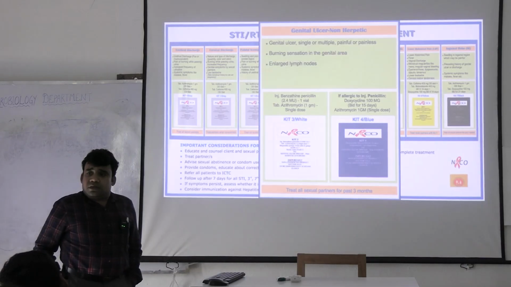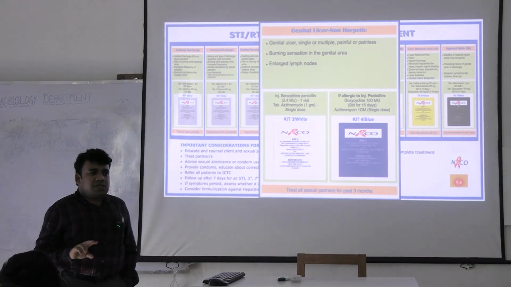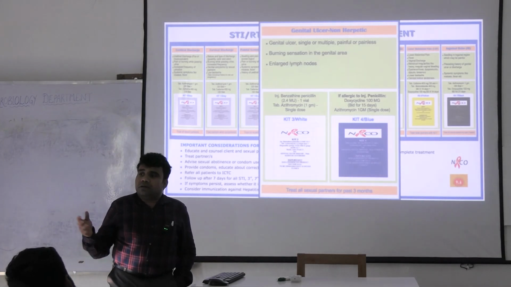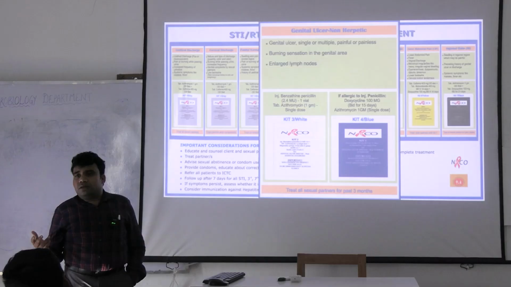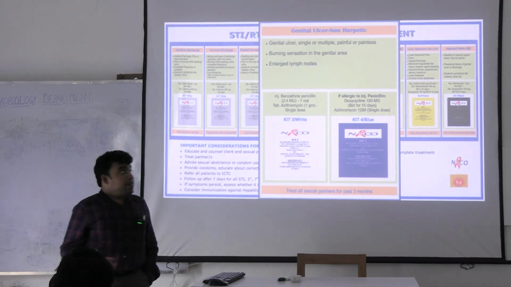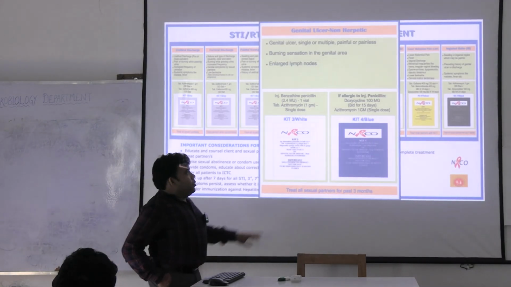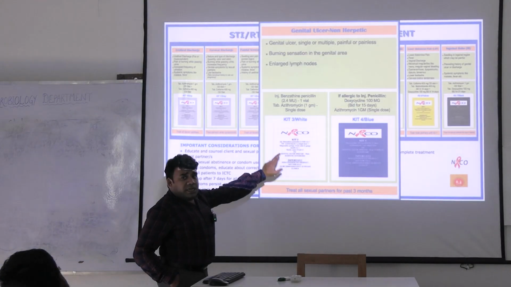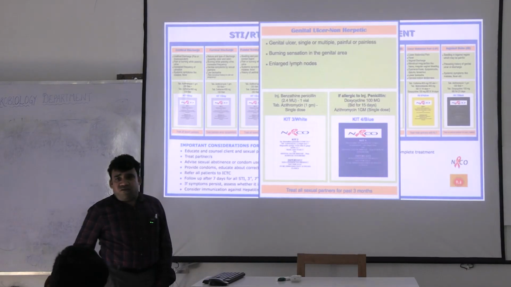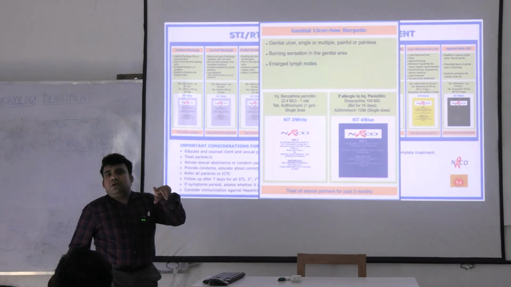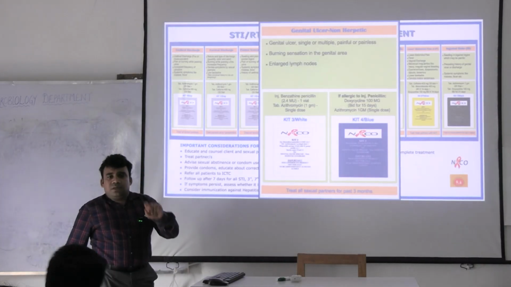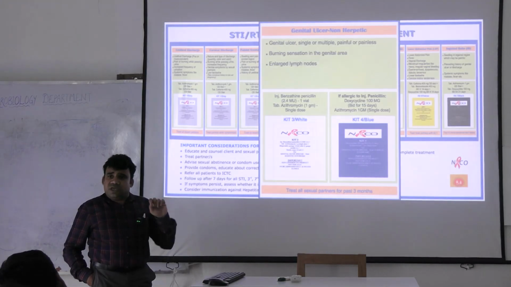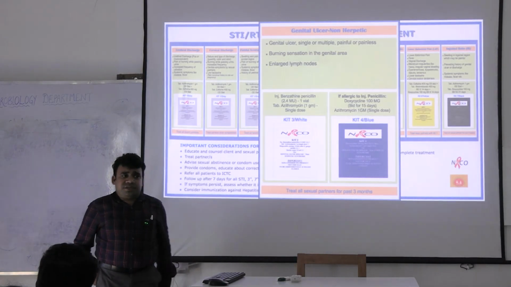Next comes genital ulcer. I have already told you there are two types of genital ulcer, either herpetic or non-herpetic. For non-herpetic genital ulcer caused by syphilis, LGV, for that we have two. First is the white pack or kit 3. It contains benzathine penicillin, 1 vial, which has to be given right in the center itself, and azithromycin single dose, so that the drugs can be given right there.